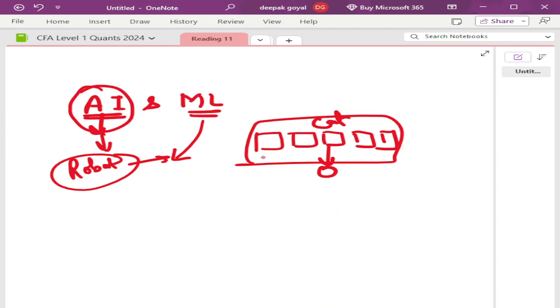Clear? So this is your robot who can look at all those photos and tell that okay, this is not the cat, this is also not the cat, this is not the cat, this is not the cat, but yes, the third one is the cat. Clear? So how will I do that? First of all, I need to tell my robot that okay, a cat looks like this, a cat looks like this.